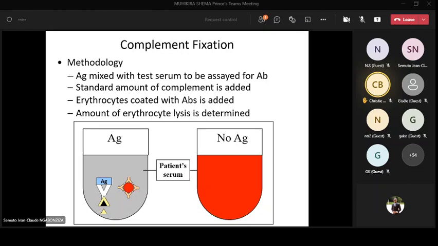I have a question. My question is that we know that the antibodies are specific in their action. Antibodies are specific in their actions. So suppose someone is suffering from COVID-19, and